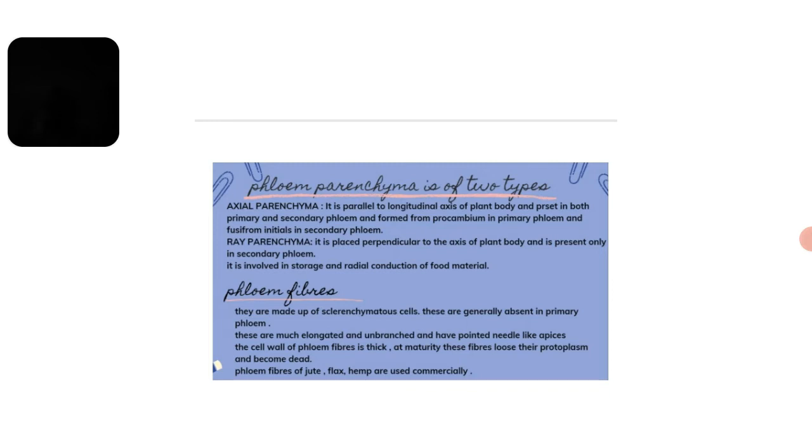The second one is the companion cells. Okay, so the companion cells of the phloem are thin-walled cells having a prominent nucleus, whereas the sieve tubes lack the nucleus, but the companion cells contain a nucleus and dense cytoplasm. Why? Because it is a living tissue, so that's why it contains the cytoplasm. The cell is always associated with the sieve tubes. These cells are found in angiosperms only.